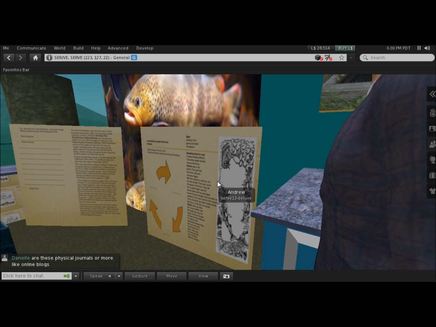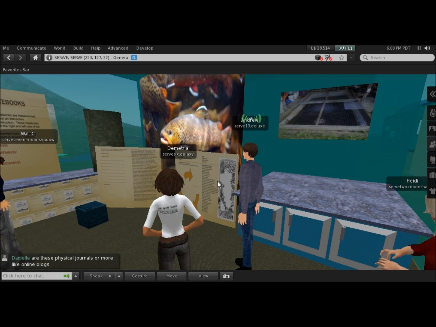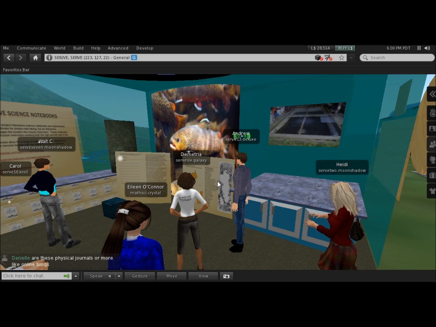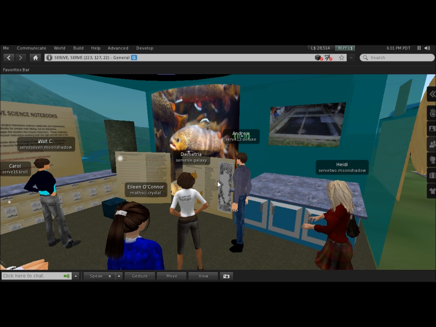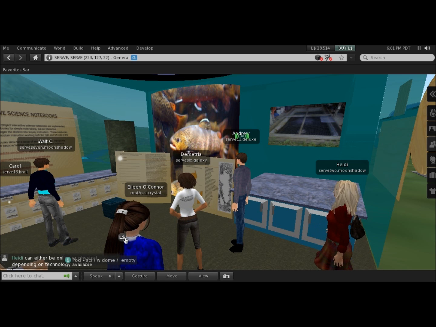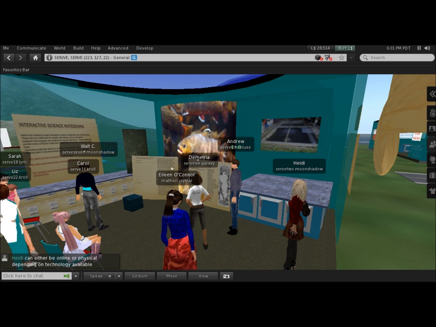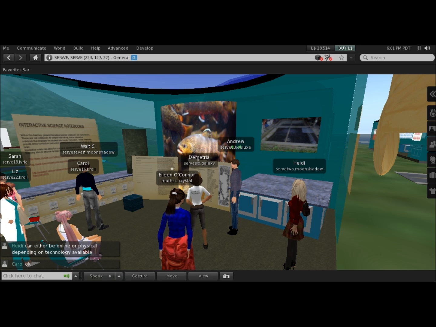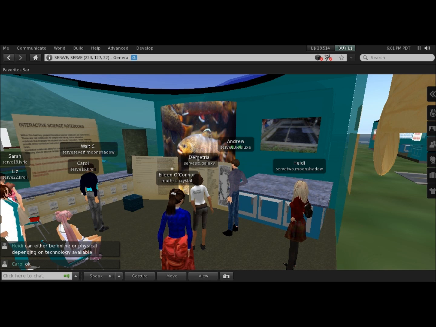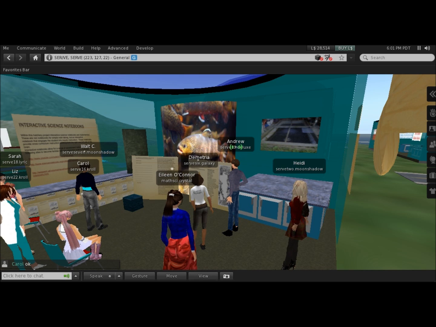These are physical journals, yes. They could be an online blog. It could be something done in Google Docs, which is something we had hoped to implement into this project, but weren't able to accomplish for various reasons. But ideally this would be great to use in a Google Docs setting where it could be shared with the whole class. But in any event, we put it on a website, and the poster's on the outside of this pod,